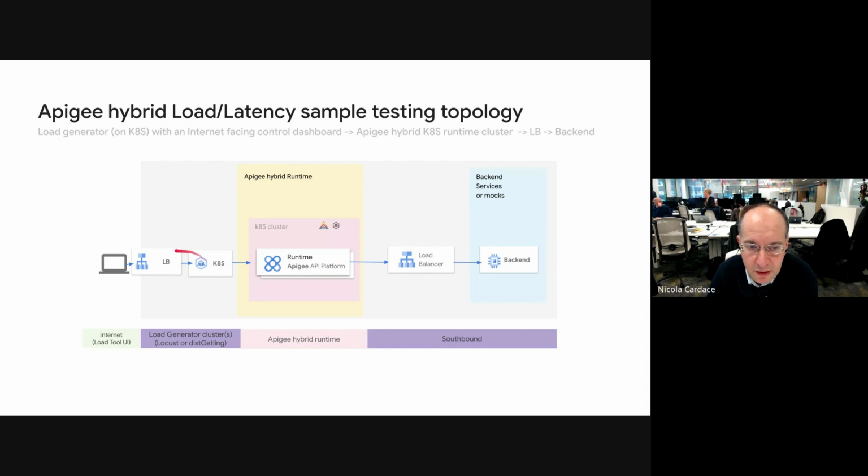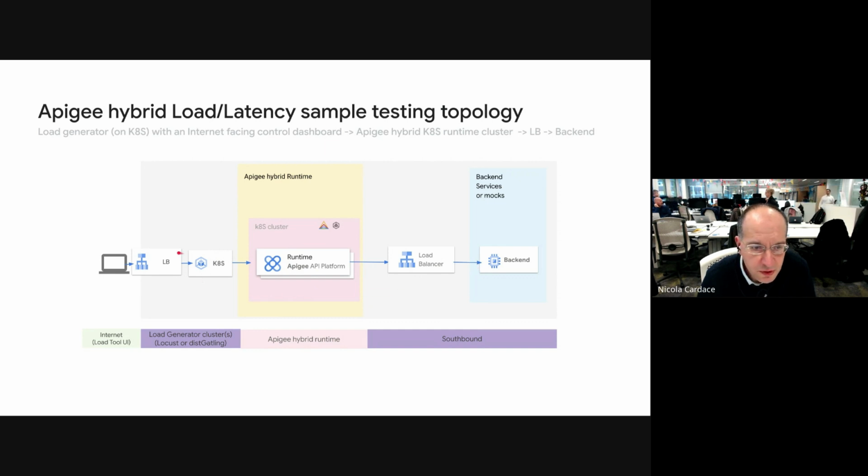At the same time, you can create a different Kubernetes cluster dedicated to generating the load that you want to inject and verify the chain, right? So you remember that the API gateway is effectively a non-transparent reverse proxy. You might execute policies, but by doing this testbed, you are testing a chain: API gateway, load balancer, and backend or backends. So effectively the full system stack under test is a hybrid or X runtime plus your target backends or the corresponding mocks.